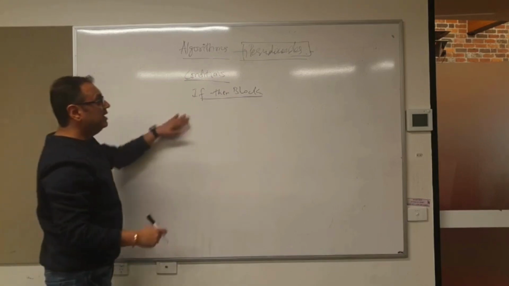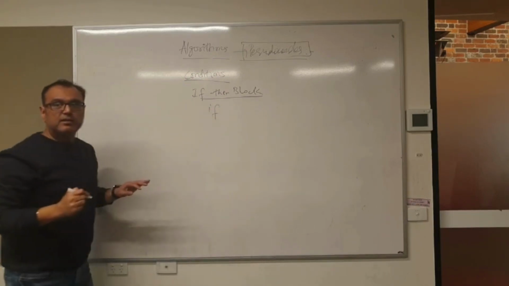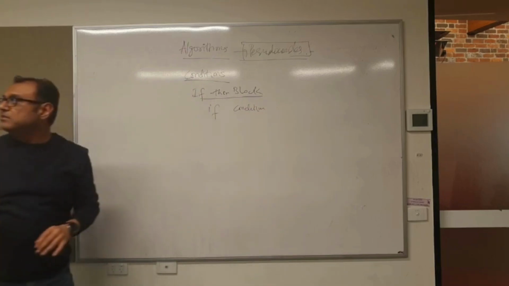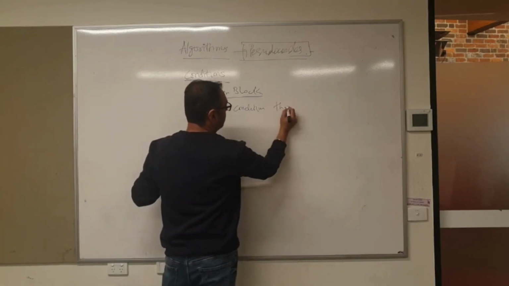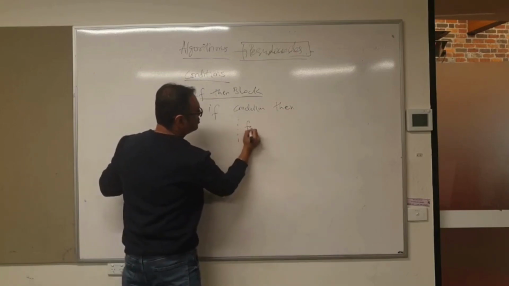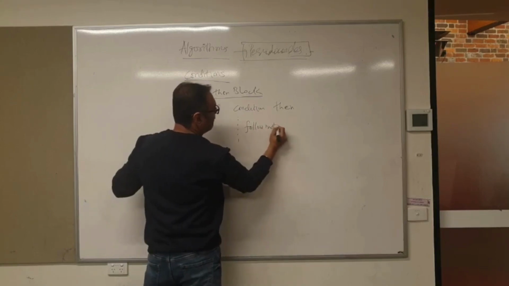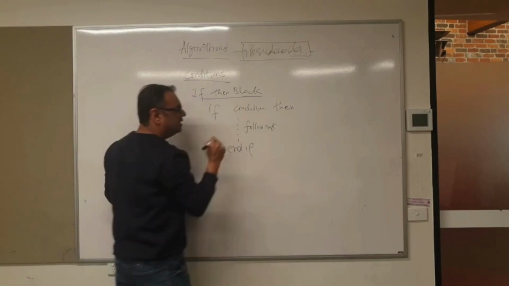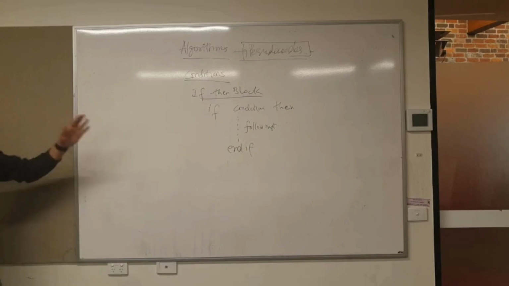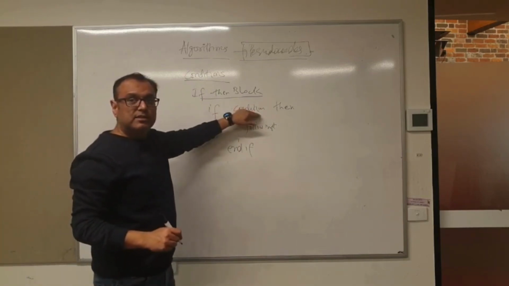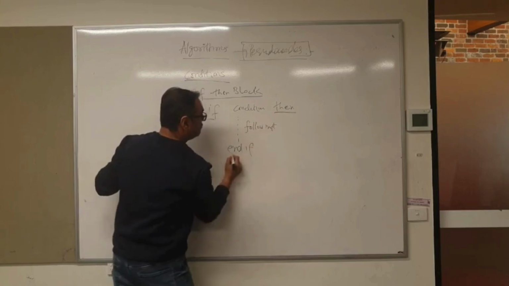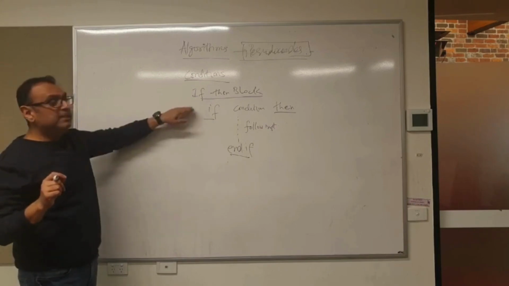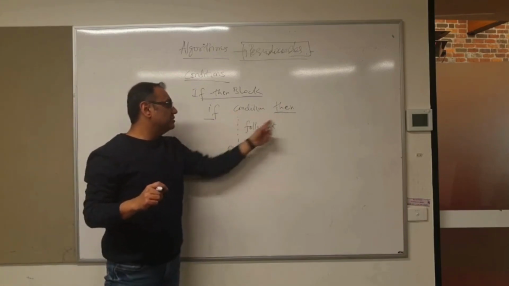If then block tells me if there is a condition, then you follow instructions. And at the end you say finish my if, that means end if. Okay, so if, condition, then, these are the words that you have to write every time. They are called the keywords. So if you're using an if then block, you need to write these. So for example,